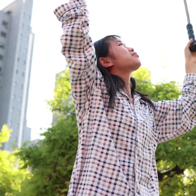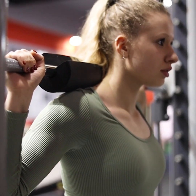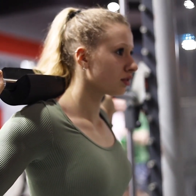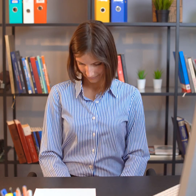exercise. Exercise is a crucial part of rehabilitation for anyone living with hemiplegia. It's not just about regaining strength and mobility, it's about regaining independence, confidence, and a sense of purpose. But I know that it can be tough to get started, especially when you're faced with the overwhelming feeling of not knowing where to begin. That's why I want to share with you 2 simple exercises that can make a world of difference in overcoming